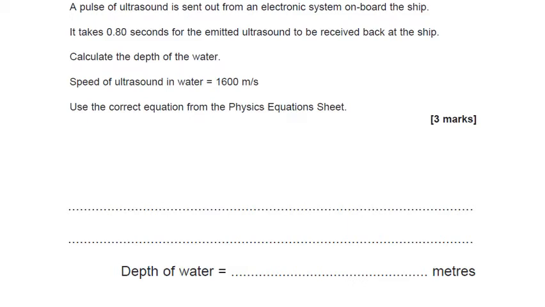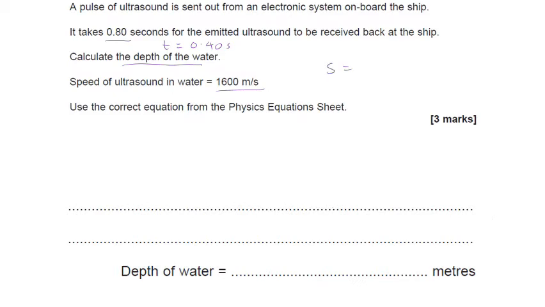The question does go on to ask us then to calculate the depth of the water. That is therefore the distance from the boat to the seabed. It gives us the speed and it gives us time, but we'd said before that this is the time to get there and back, so the time to reach the seabed, where the depth of the water can be measured to, is 0.4 seconds. We're going to use the equation that